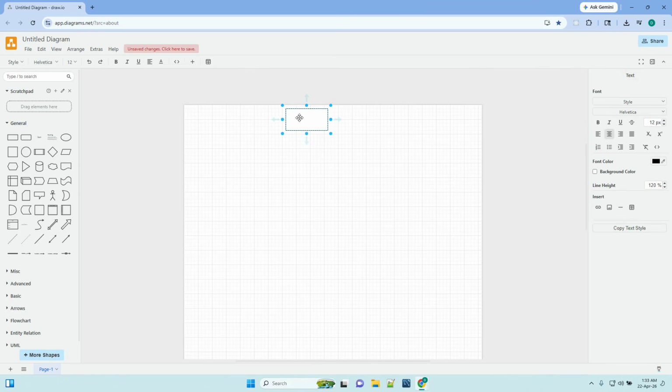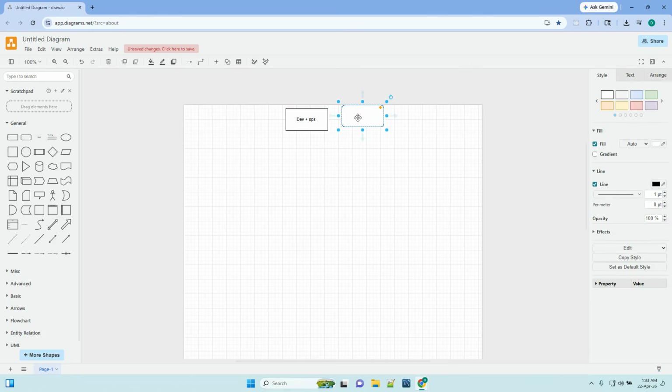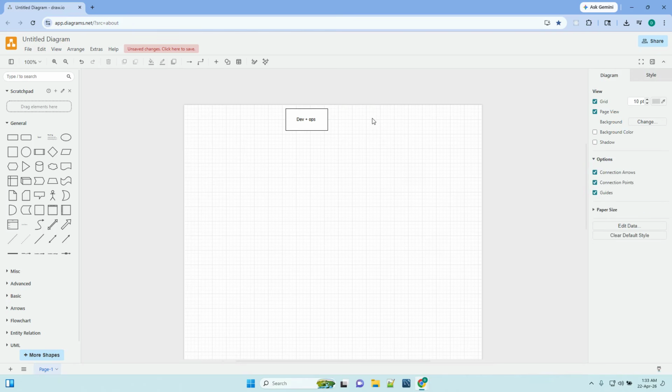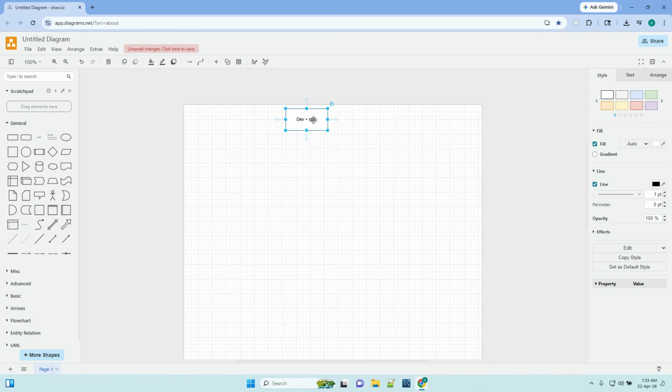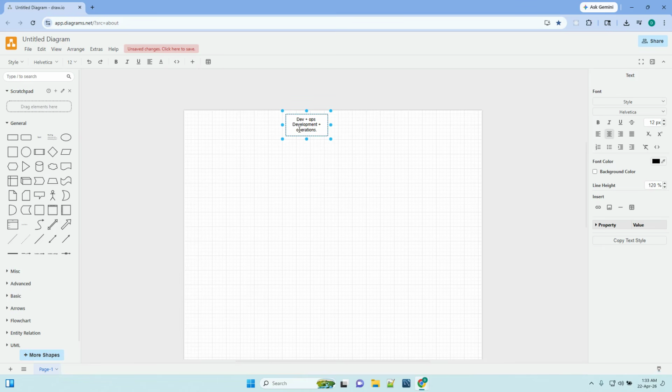Okay, so we'll see here DevOps is made of two words: dev, which is for development, and ops for operation. So if I give the explanation, DevOps is what? Let's not make another box. Let me delete. I'll add in this one only. Okay. So development plus operations. As you are already aware of the terms, what